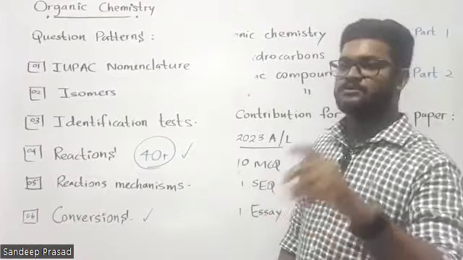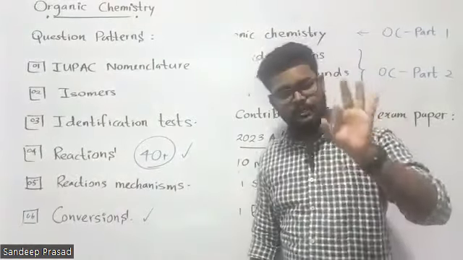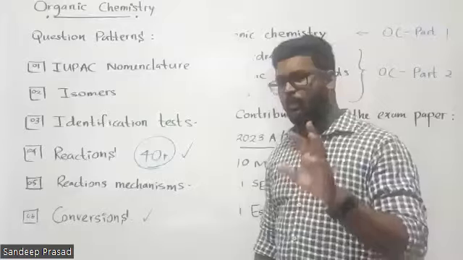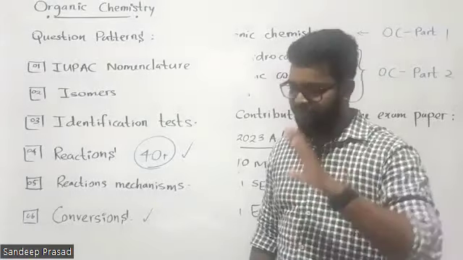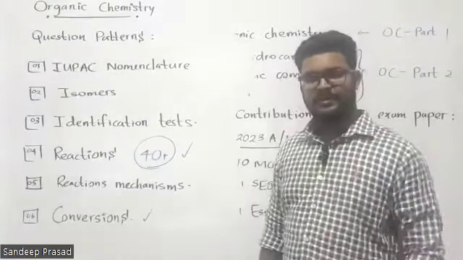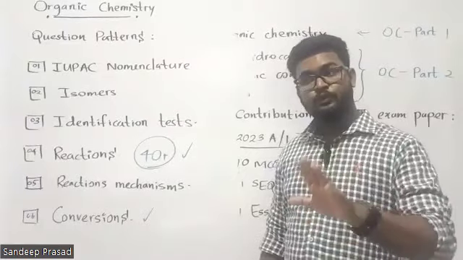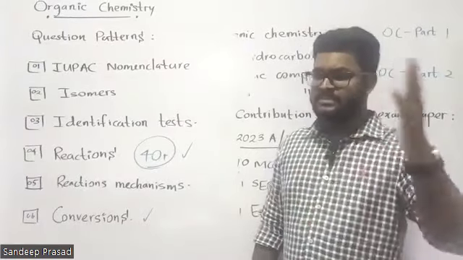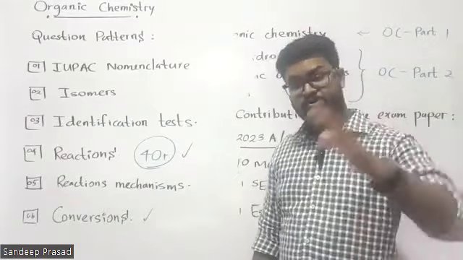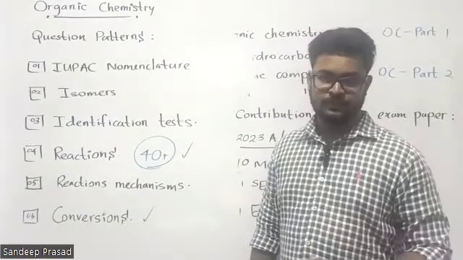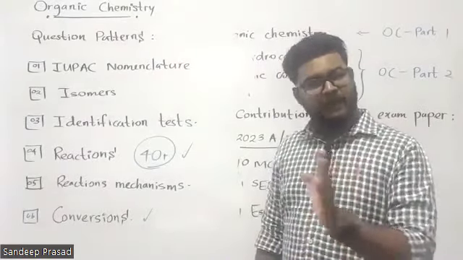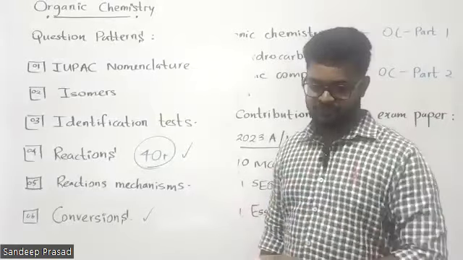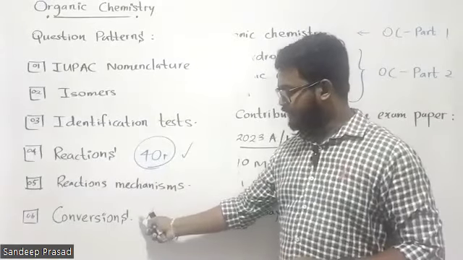When you analyze the past few years, 2023, 22, and 21, the organic conversions that they have given are very easy. Easily can be done. But when you analyze before 2019, 18, 17, 16, 15, they have given some difficult conversions also, right? So we don't know what pattern they will give, but we have to prepare for everything. So therefore, I'm going to discuss